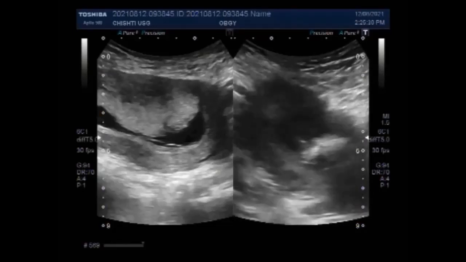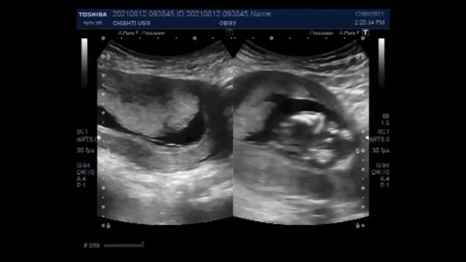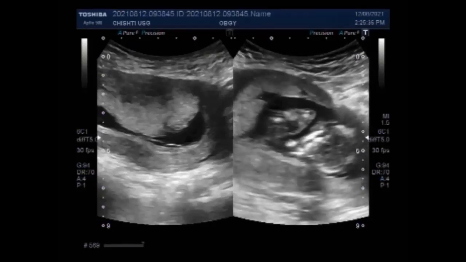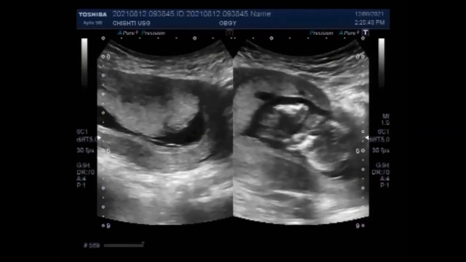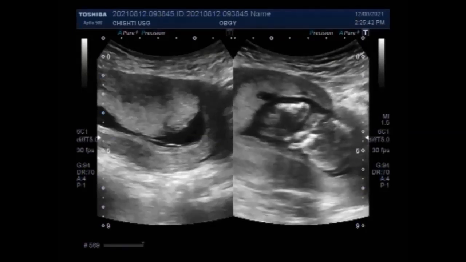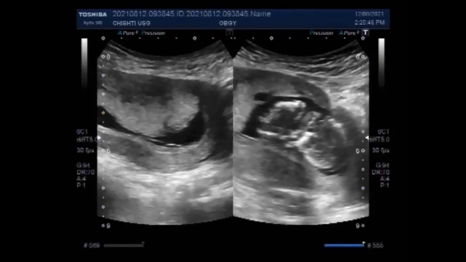So a missed abortion is a missed miscarriage in which the fetus didn't form or fetal demise had occurred, but the placenta and embryonic tissues are still in the uterus. It is known more commonly as missed miscarriage. It is also sometimes called silent miscarriage. A missed miscarriage is not an elective abortion.